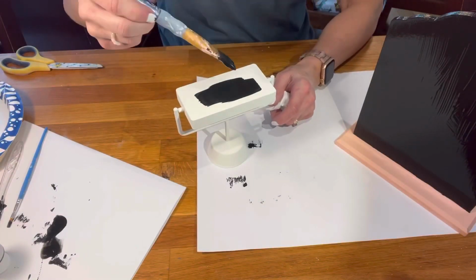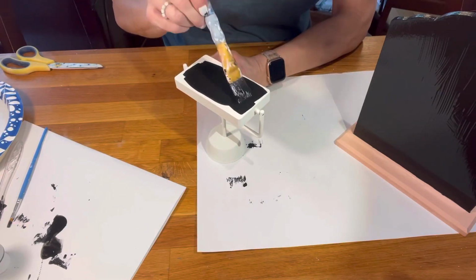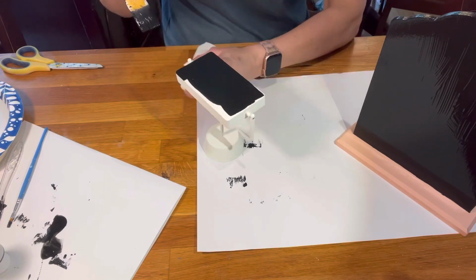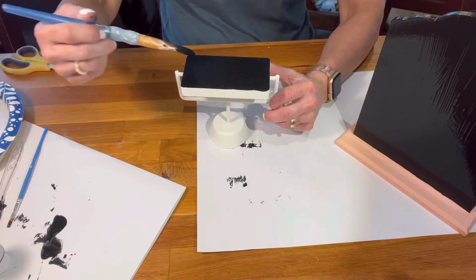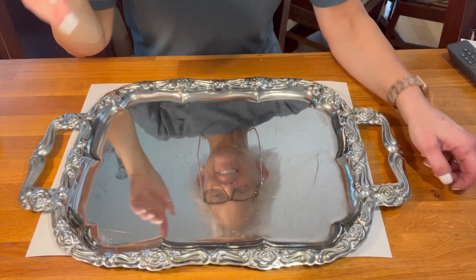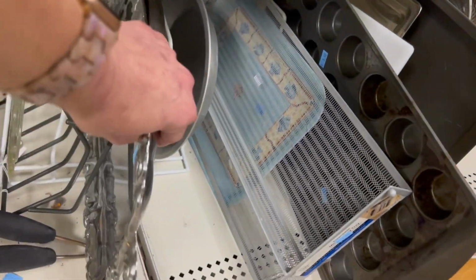I still had some paint on my brush, and I had prepared this little sign for my last video for the napkin decoupage challenge, but I ended up not having time to use it and really didn't need to. So I had it sitting over there, and I thought, well, I'm going to do one side of that. And then I still had paint in that first bottle, and so I used this,